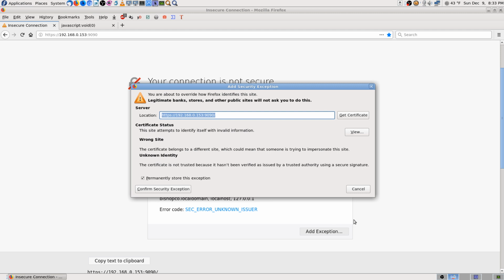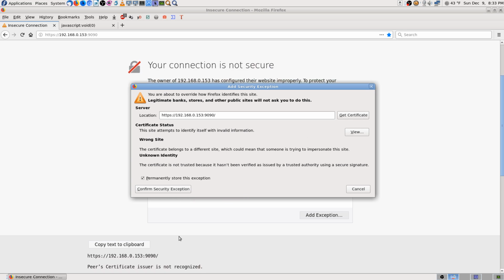Okay. Add exception is what we want to do. Now you can click there and get certificate. I do that sometimes, which usually takes you to something. I thought it was going to go to an... Oh, there it is. It just didn't work. It's not coming up. Maybe there might be something there when we get this window closed. Probably the way I have Firefox set up, blocking pop-ups and stuff. Okay, so